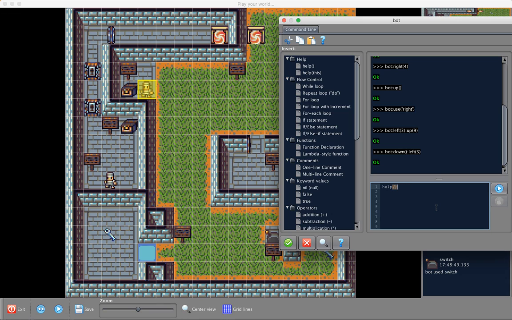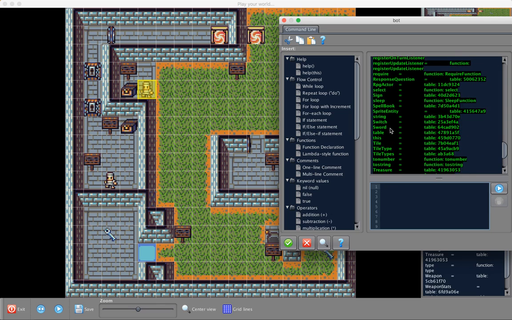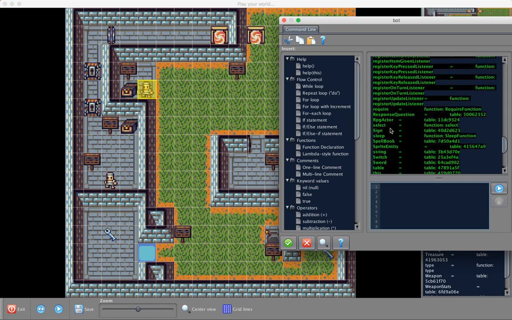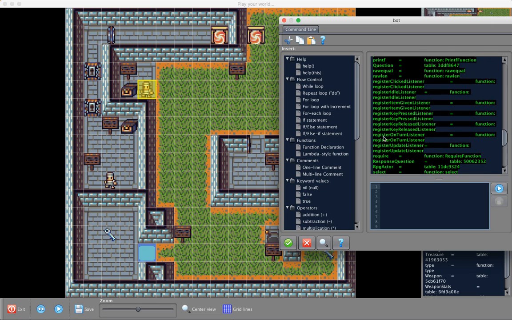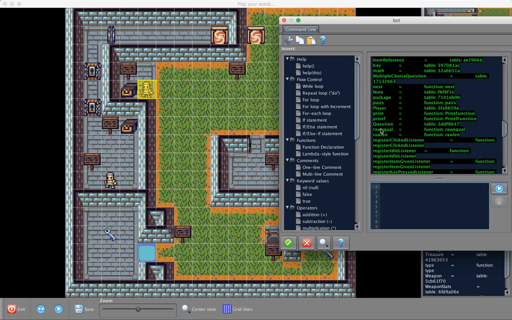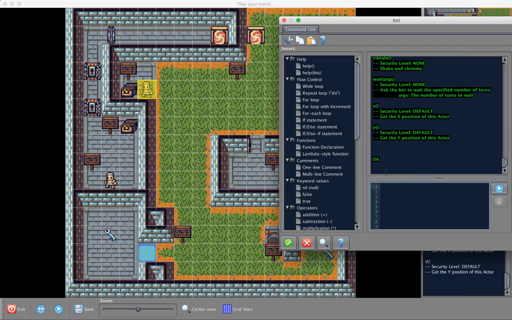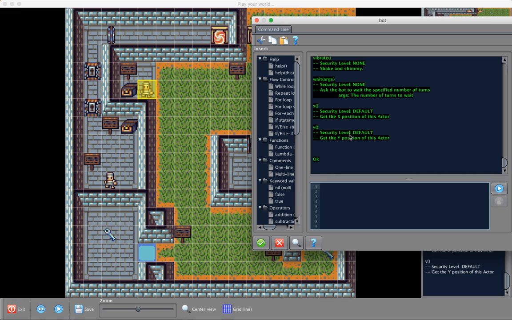In fact, I'll show you this first. You can say help, and this gives you a list of all the globally available things that you can see. And here we have some event listeners that are registered, some print methods, and a bunch of stuff. But really, in this particular case, that's maybe more information than you need. What you really want is just help on your bot, or help on this. So you'll just say that, and what this does, and I'm going to expand this a little bit, is it gives you a list of,